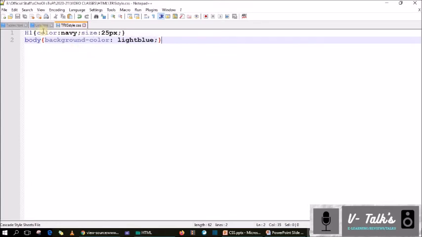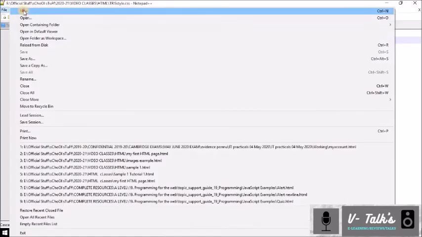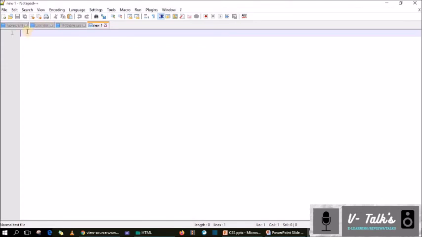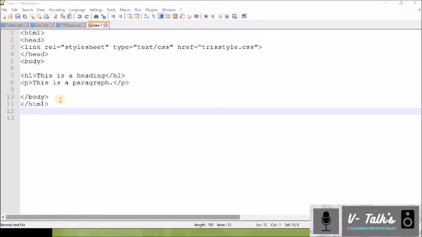Now I can create a new HTML file. You can use other HTML files also, if you have another one. I'm creating the same HTML file here, so you can see the HTML code I typed. I added a new tag here, link, with rel equal to stylesheet, type equal to text slash CSS.